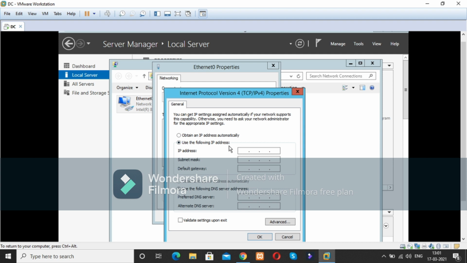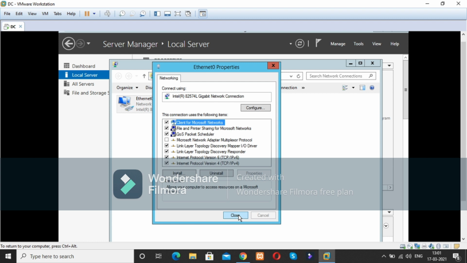Check this radio button, and I am going to give the IP address 192.168.1. This is my IP address, and this is the subnet mask. The rest of the things I leave for now. Okay, close.